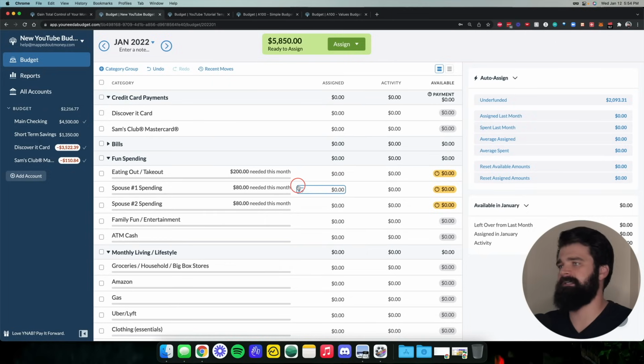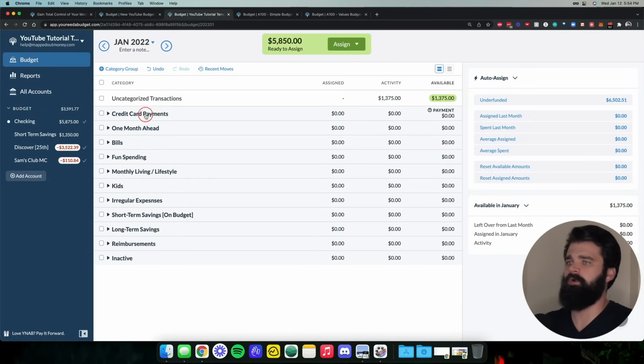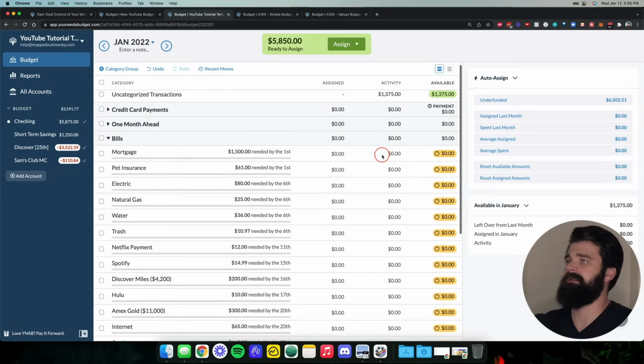So that brings us to the end of our section on targets. And at this point, let's just go ahead and hop over to this budget where I've already got all the targets set up, and now we can just keep going from here. So the next step on our list